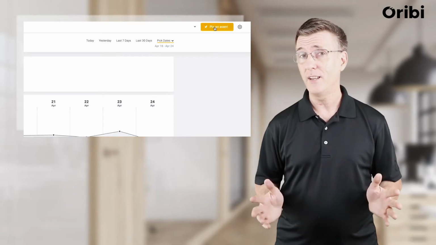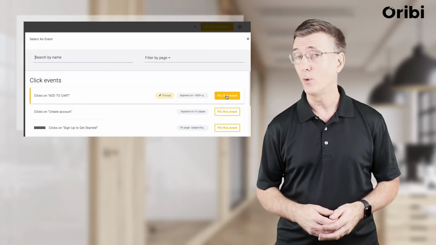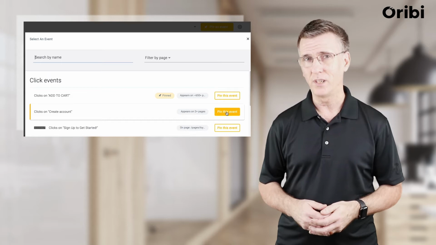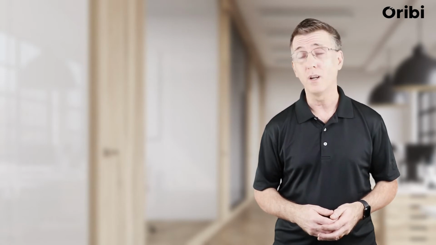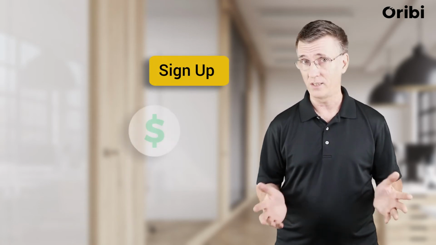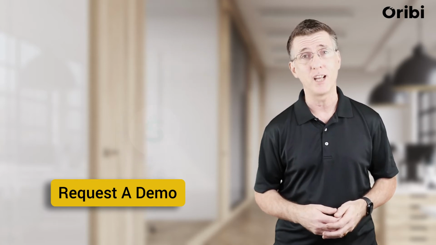Start by pinning any event you'd like. You can select any button on your website by the label that appears on it or by the link it refers to. You can apply different rules, such as only buttons on specific pages. You can also expand your pinned event and create a group of buttons or other actions. This way, you can define every significant event on your website, such as sign up, purchase, request a demo, or whatever else is important for your site.